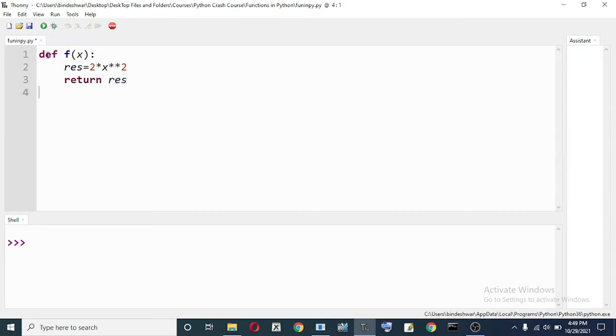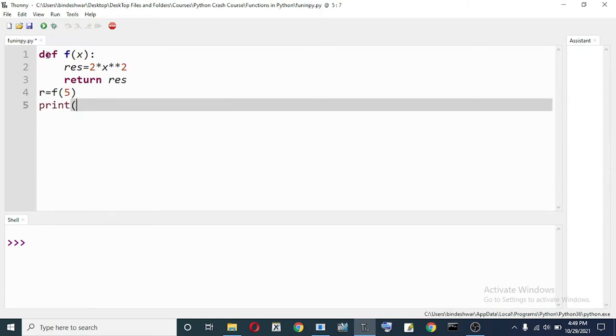Of course, if you want to use this function you have to call it, so you write the name of the function with the argument. I am writing f(5) here, and print the value of r. Now let us run it.